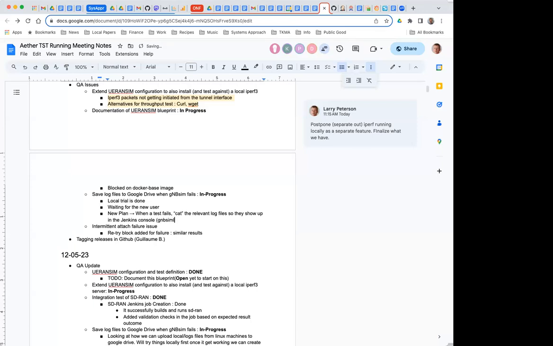The GNB Sim log. Am I remembering it right, or is it dot log? Do we want the AMF log? That seems like the most likely problem. Yeah, most likely it's either AMF or SMF. That's where our focus currently is. Yeah, let's start there and see how it goes.